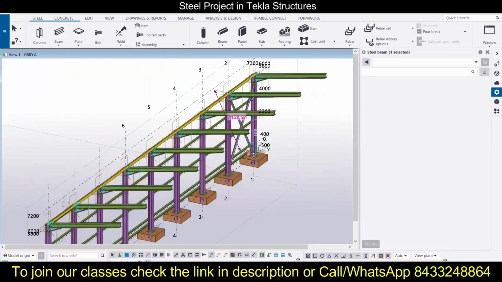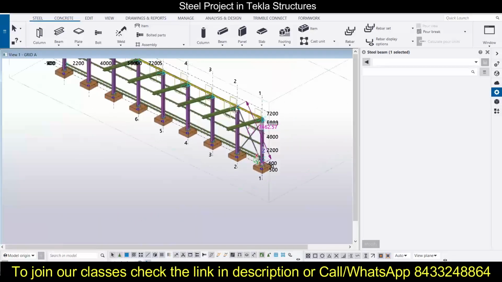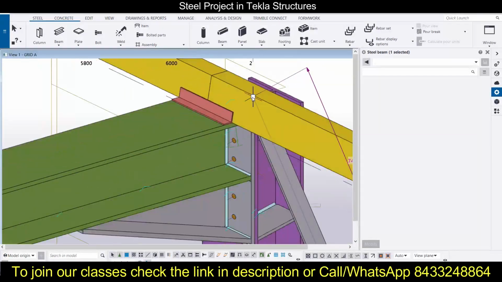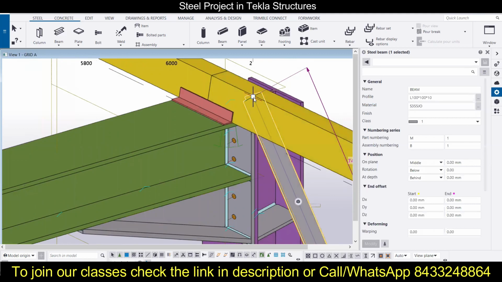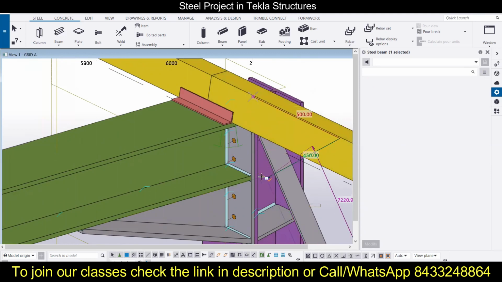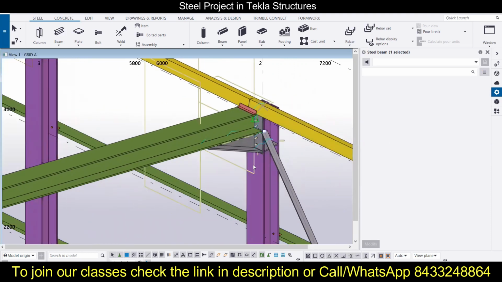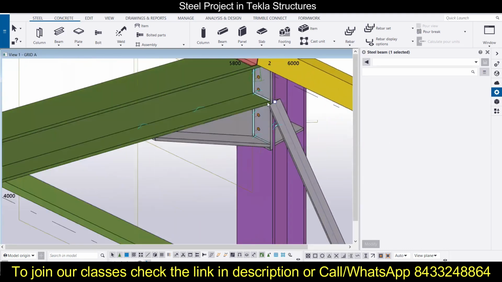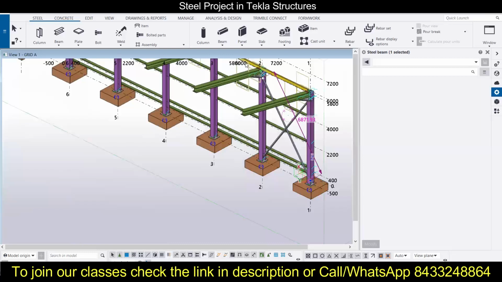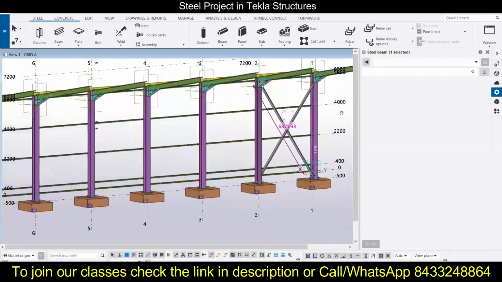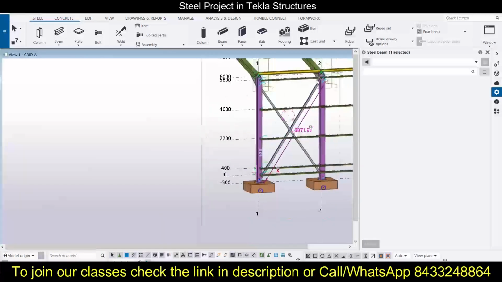See, once you start practicing, it will save a lot of your time in doing all these things. So I just have to grab the points in a similar way and place it at the desired location. Okay, now I will check it from here.